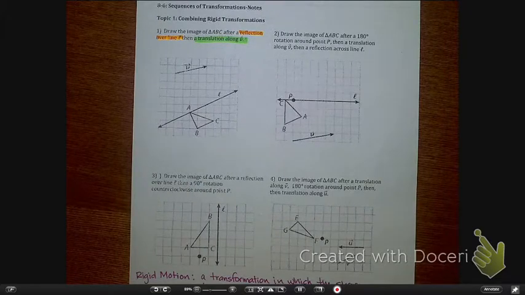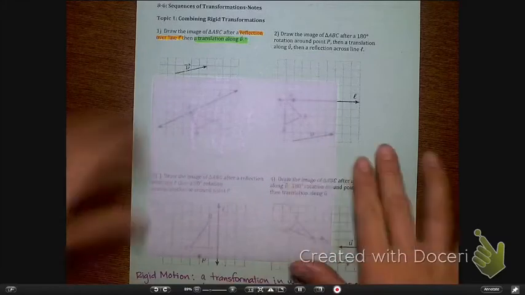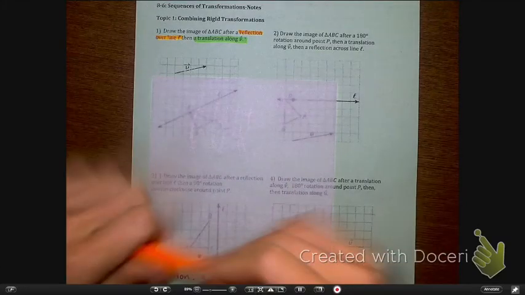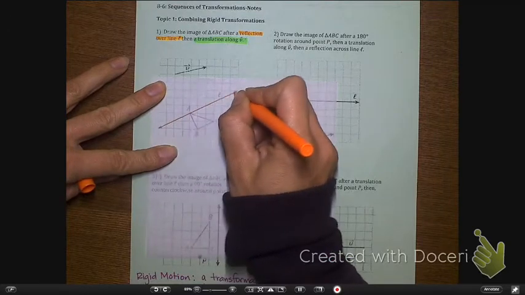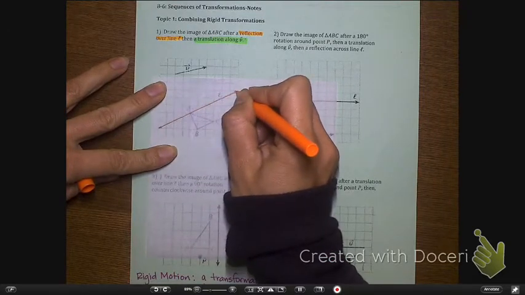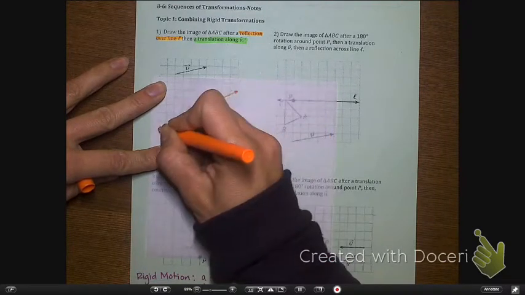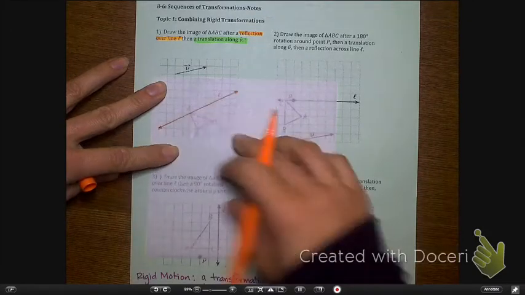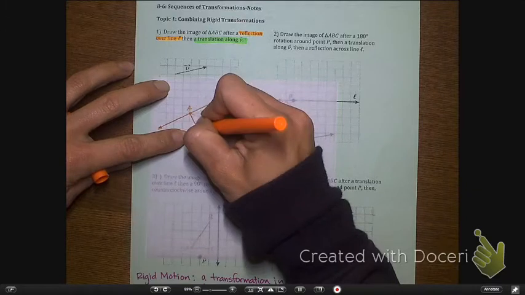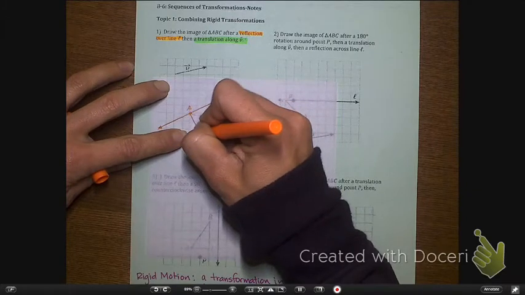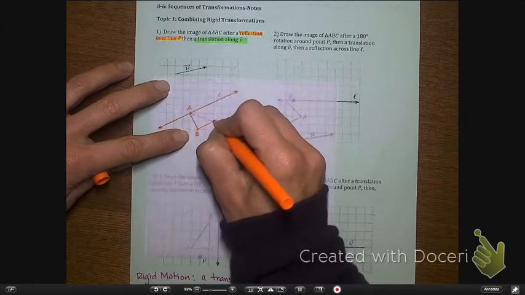Okay, so let's go ahead and start out by doing the reflection over line L, okay? So everyone go ahead, take your trace paper. Let's trace over the line of reflection. Trace it from arrow to arrow. Okay, so then when you flip it, it's going to line up exactly. Okay, let's trace over the shape. Here was A, B, C,